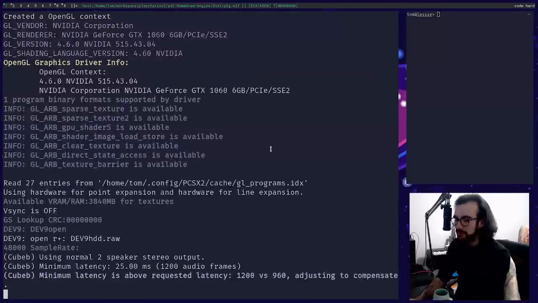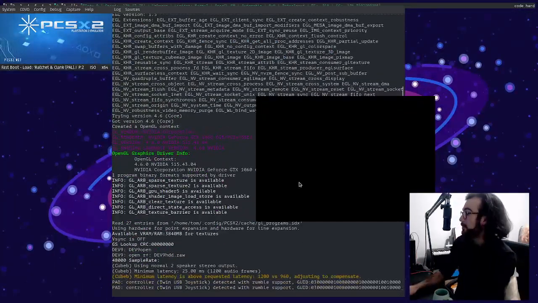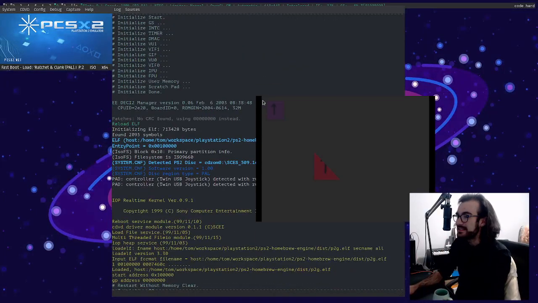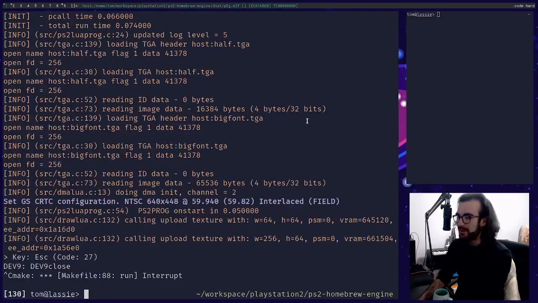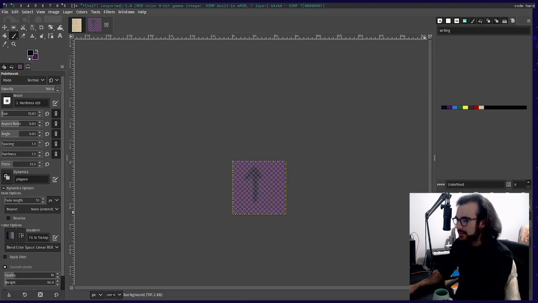Beautiful. Make assets. I really need to. Oh, good lord! I really need to make this. Yeah. So you can see we've got this up arrow. We've got orientation correct. We've known this for a while. Okay. So what are we trying to show? We're trying to show that a fully opaque texture does not like this change.